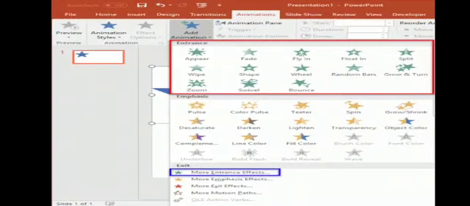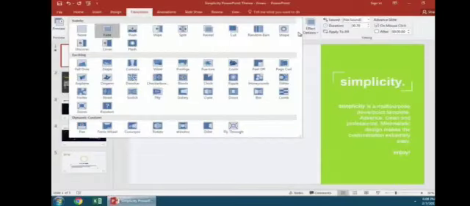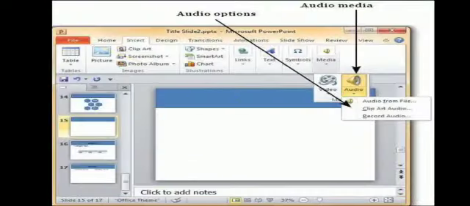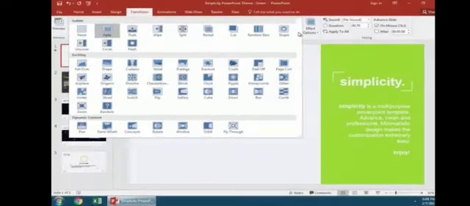Okay, now moving towards the next topic, that is transition effect. Now you might have noticed in this video, when the slide changes, it shows the peel off effect. This is the peel off effect. So what are these types of effects? Whenever I change the slide, it shows like this. A transition effect appears when one slide changes to another during the slideshow. You can apply a transition effect to a single slide as well as to all the slides.